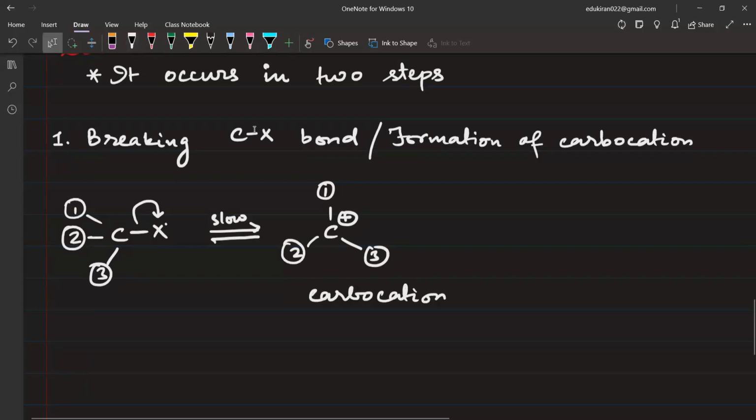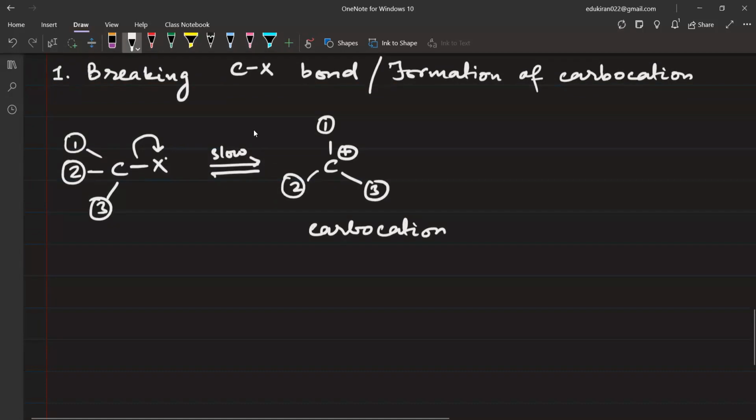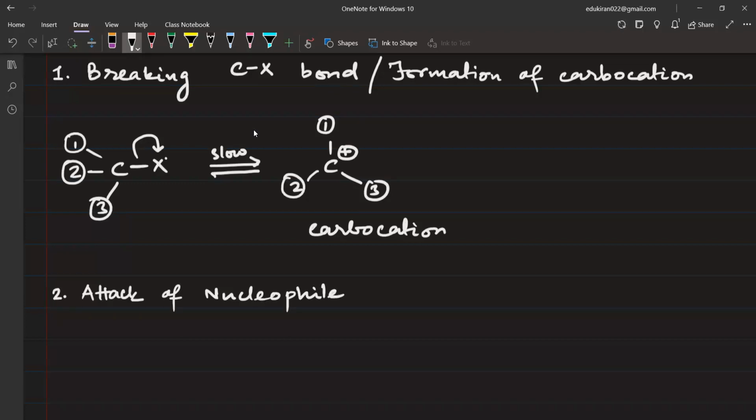Okay. Now the next step is the formation of the C-Nu bond, or we call this attack of nucleophile. Now please remember, this is a carbon atom with 3 bonds, so it